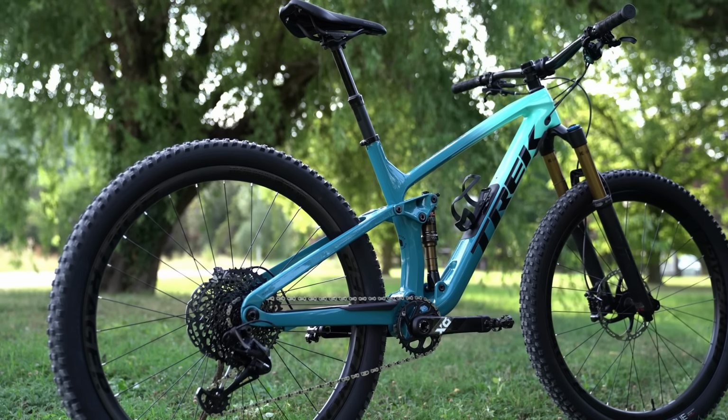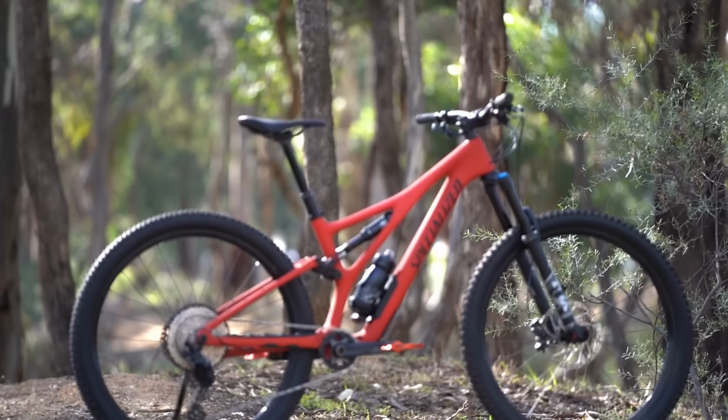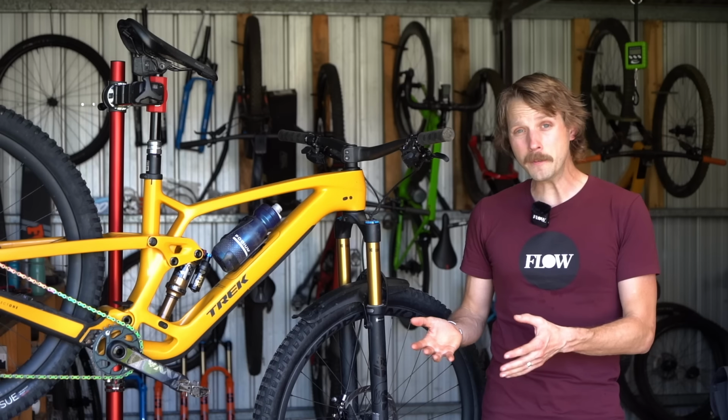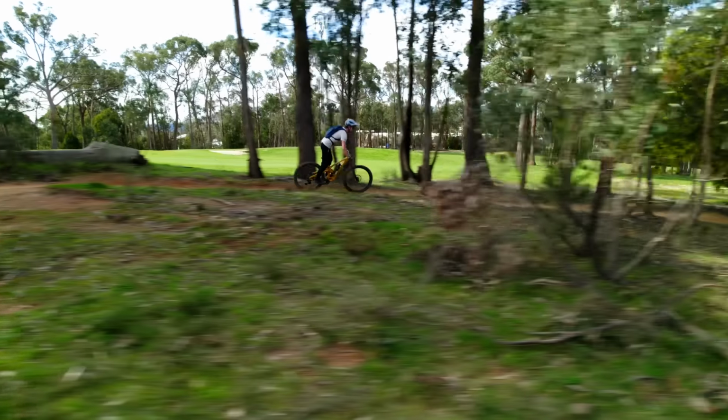That is quite a bit heavier than the old Fuel EXe, though it's also over a kilo heavier than a Specialized Stumpjumper frame. Of course, weight isn't everything, but for those who are concerned by grams, there are certainly lighter options on the market. As to how this bike rides on the trail,